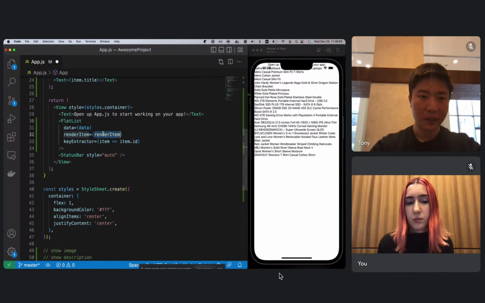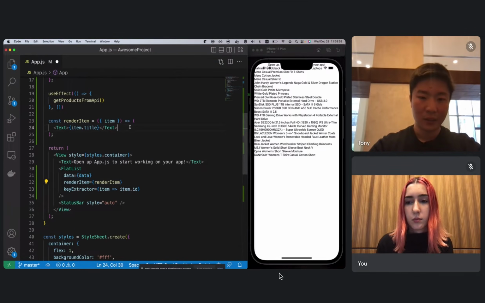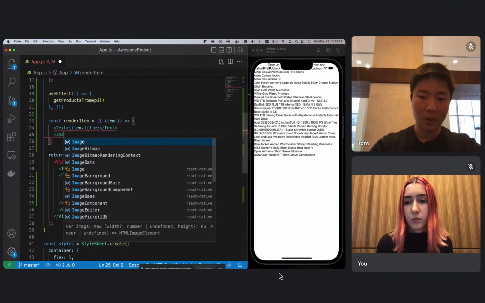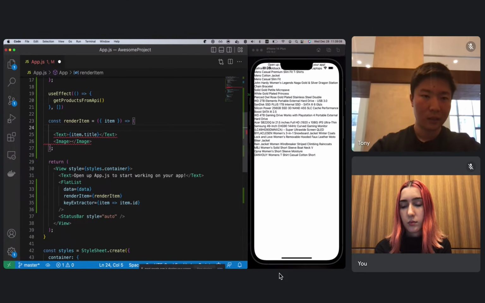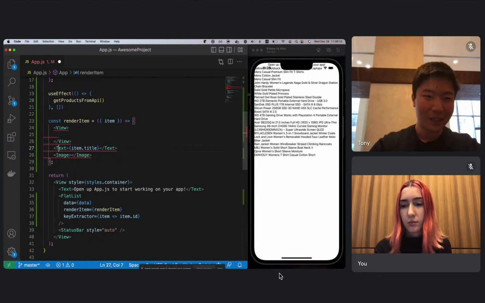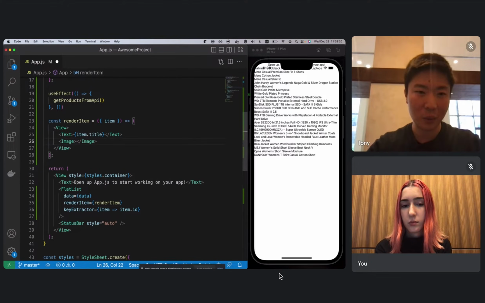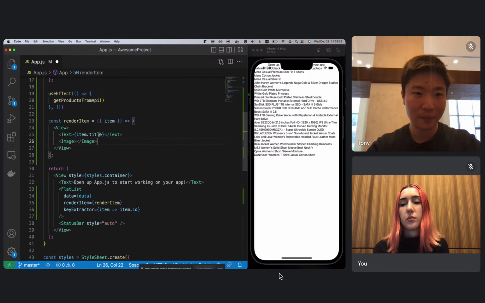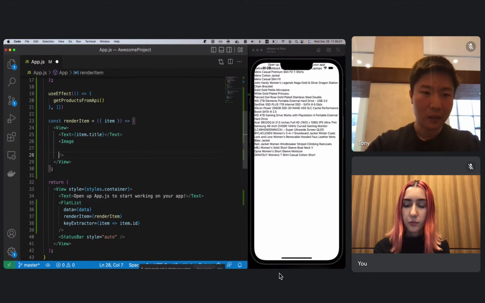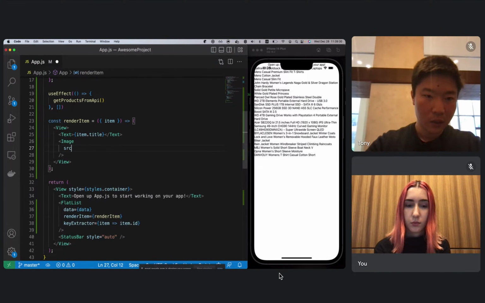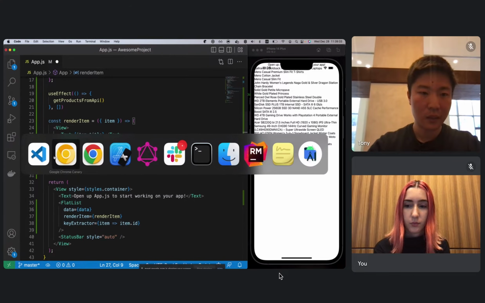So here in our renderItem, we just have the text or the title for now. We can also show the image using the Image tag. This is provided by React Native. In React Native, the View tag is equivalent, more or less, to div on the web. And then an Image takes a source.